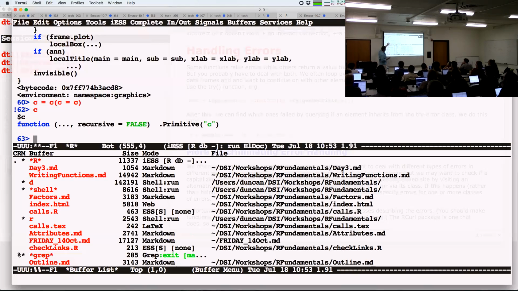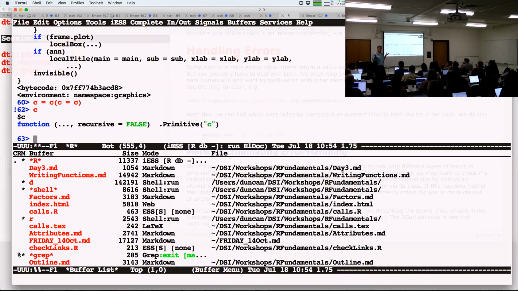So this is basically saying, call the concatenation function. We construct a call frame. Lo and behold, I happen to have it here. It takes dot, dot, dot, and then this thing over here. So this is going to be the function call C. This is going to be the name of a parameter which gets matched into dot, dot, dot. And this over here is going to be a variable in my global environment. Perfectly obvious.